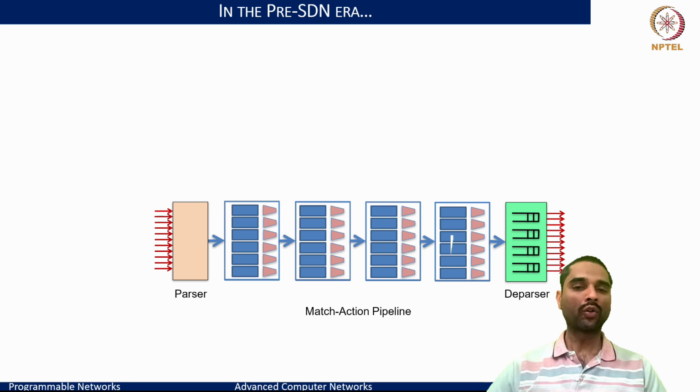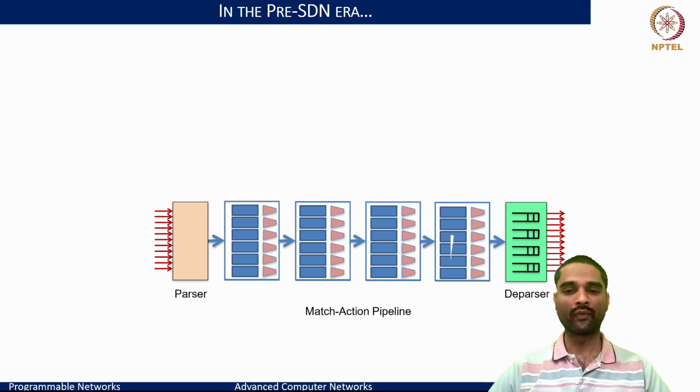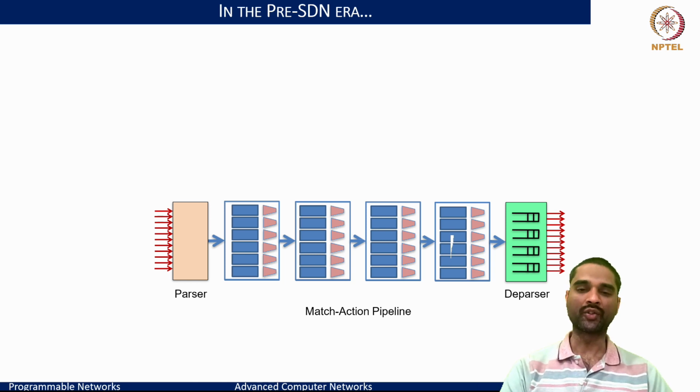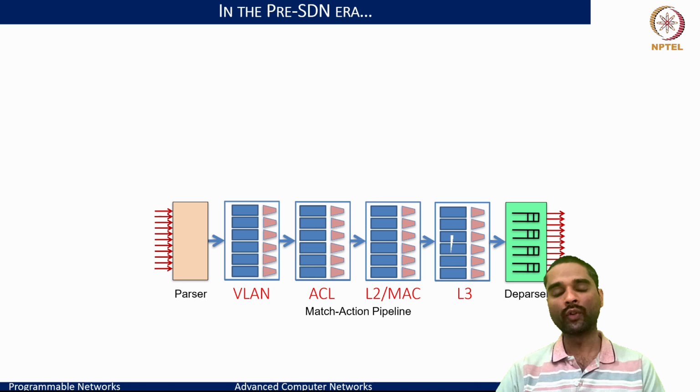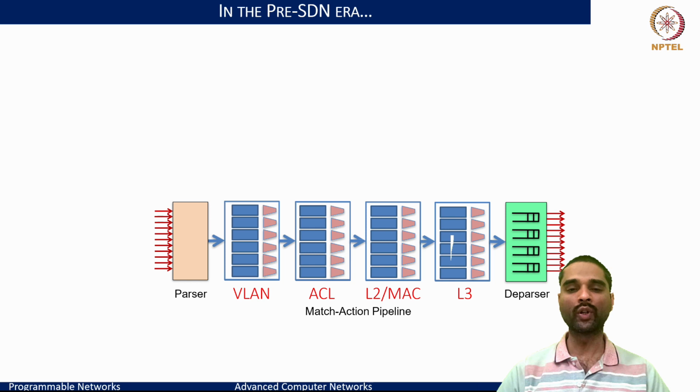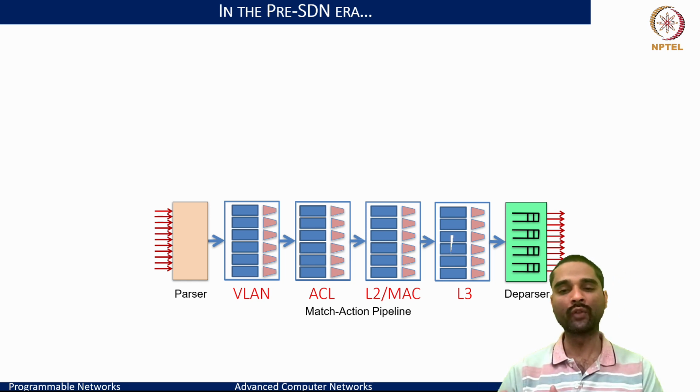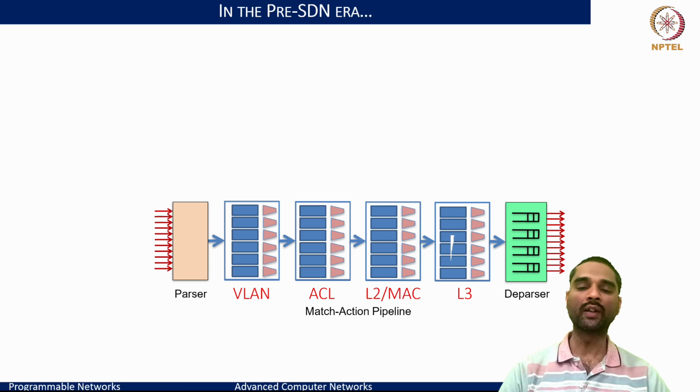So to add on to what we just discussed, we have this typical match action pipeline with a parser and deparser, the packet processing capabilities in the data plane or the forwarding plane of the devices, which typically resembled a structure where what the parser would do, what kind of headers you are going to extract, what kinds of tables you are going to deploy, and support for what headers we can match on were all decided by the ASIC vendor within the ASIC.